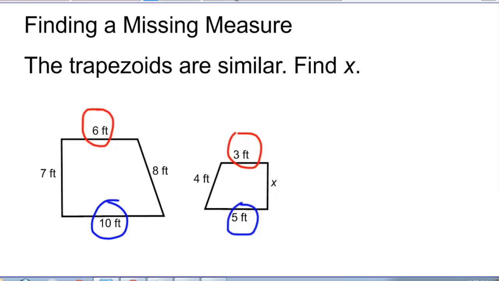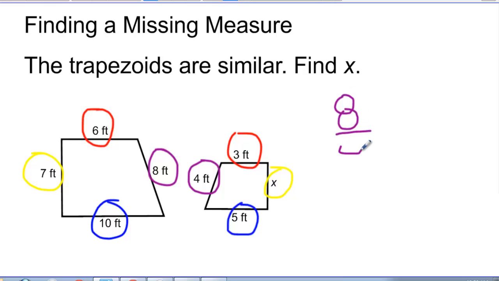But then since it's a mirror image, this side corresponds with that side, and this side corresponds with that side. So I can set up any ratio that I want, like I said, of 2 sides that correspond to each other. So I could set up 8 to 4 from these 2 sides right here, and then I could set up